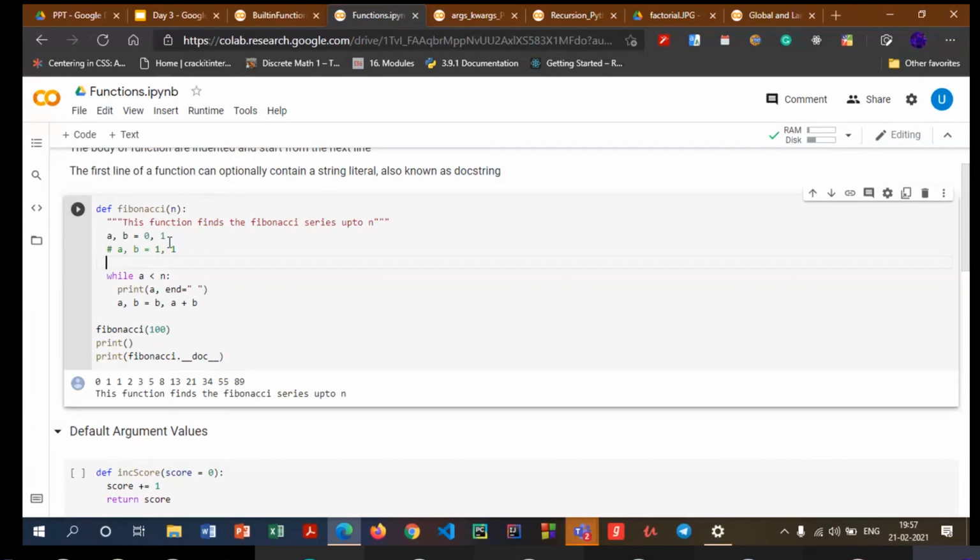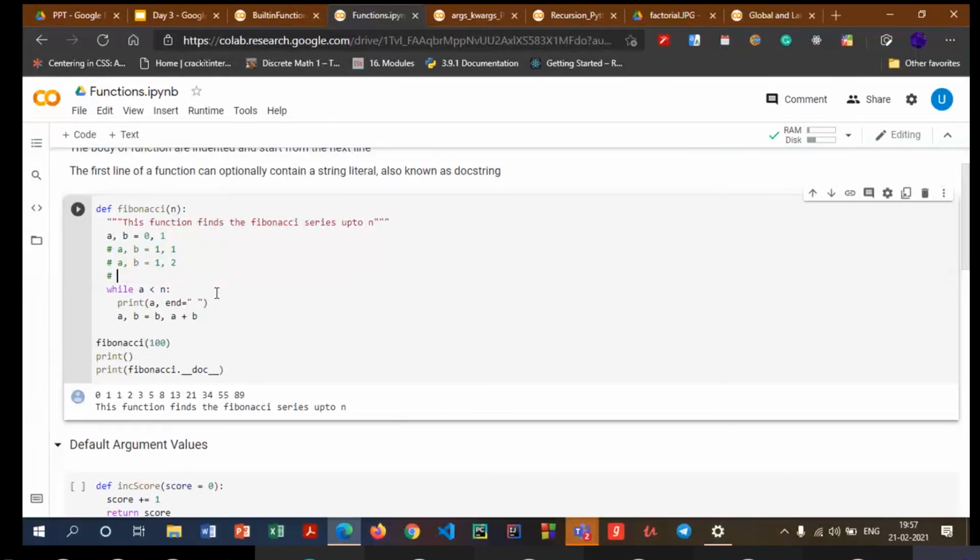So the next value which we are going to have is A equal to 1 again, and then B should take the value that is the sum of 1 plus 1, so it will be 2. Similarly, in the next step, we'll have A equal to 2 and B will be equal to 1 plus 2, that will be 3. And this goes on until we reach our limit, that is 100. This is what this loop is going to do. A will take the next value, that is B, and B is going to take the value that is the sum of A plus B.